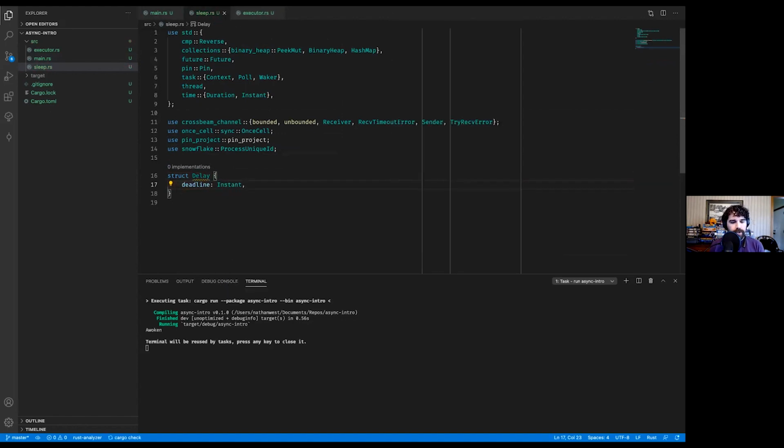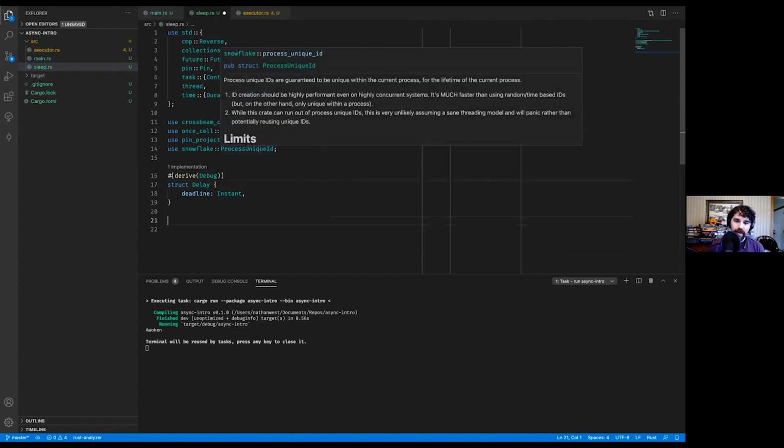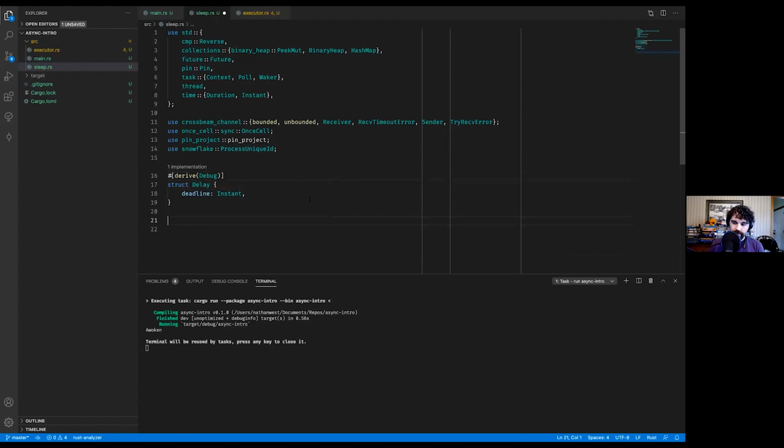Okay. So think a little bit about the requirements here. We have to return pending and then awaken the waker that we got when our timer expires. We have no runtime, right? We're just going to use that same executor we saw before. So we have to take care of it ourselves. We could just spin loop, right? We could do what we did before, awaken ourselves constantly, check the time and eventually wake up, but that would be silly.